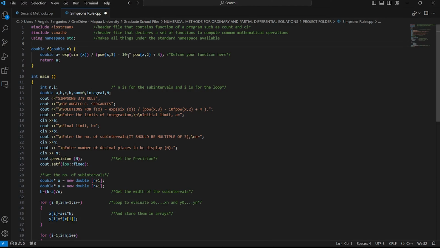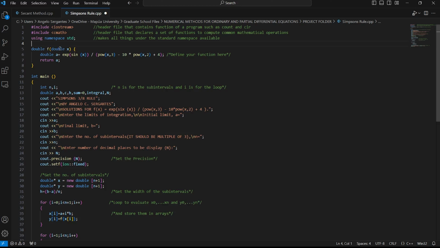For Simpson's rule, we have the two header files only. The first one is the iostream and the cmath that's being discussed in the second method. And with the start of the program here, from the first one we will declare what function we will be using in this kind of program for Simpson's 3/8 rule. It cannot be placed inside of the